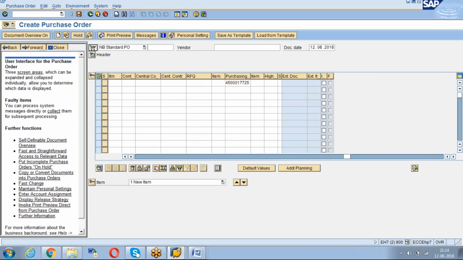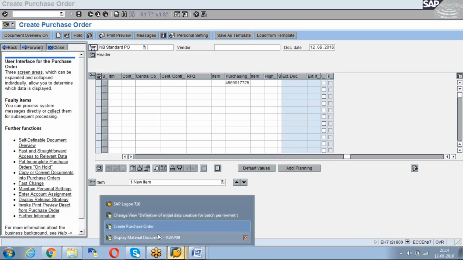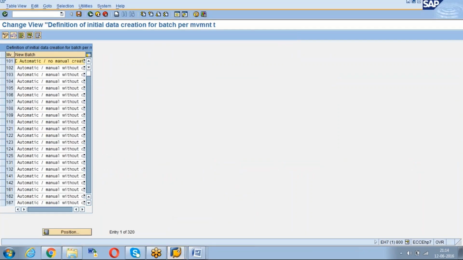You need to check whether any open POs are available to do that activity. We can control in that configuration whether the batch number can be given manually or will come automatically. These details we can control at the movement type level, how new batches can be generated.